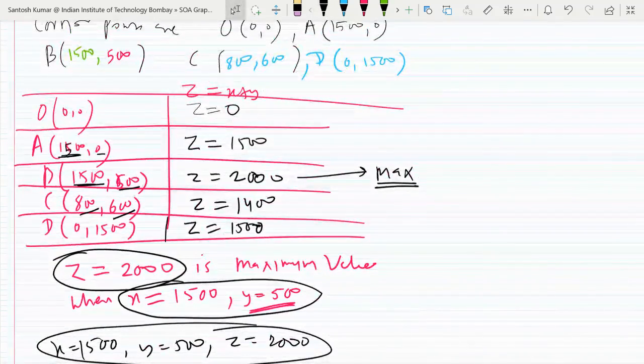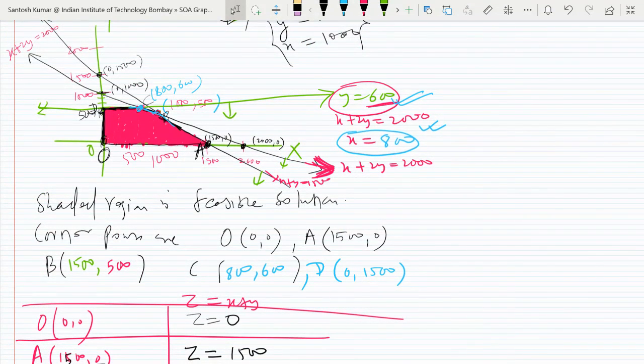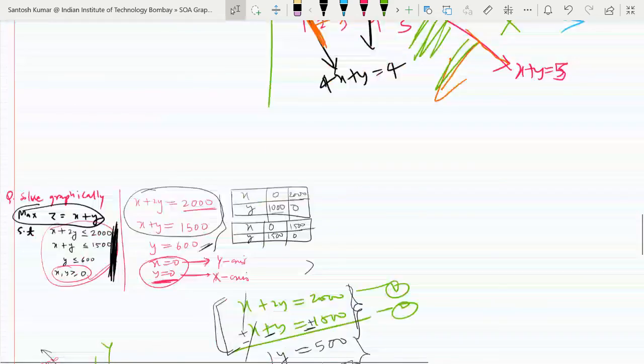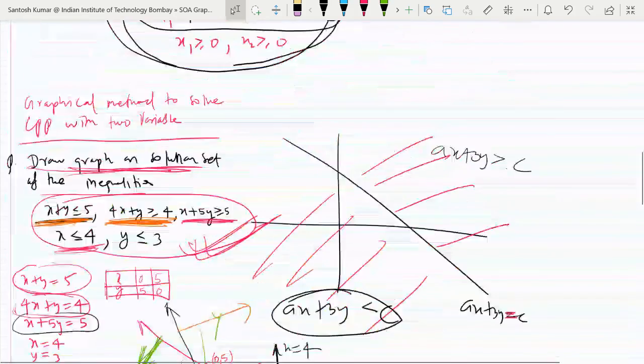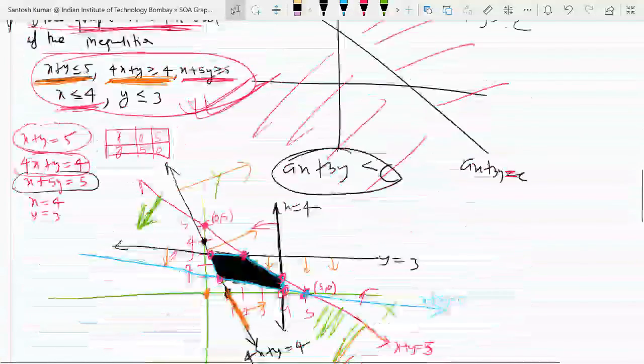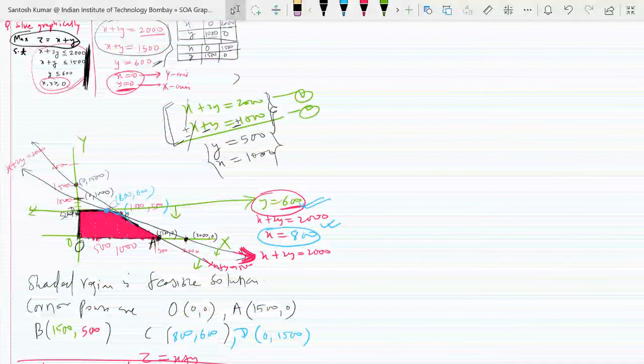And all the questions of two variables using the graphical method can be solved similarly. You just draw the feasible region, select corner points. At each corner point, you find the value and then see what they are asking in the question. Maximum, then select maximum. Minimum, then select minimum, and then you will get the solution. So, any doubt till now? I discussed what is LPP, what is the solution definition. Then I tried to convey how to solve the LPP using the graphical method.